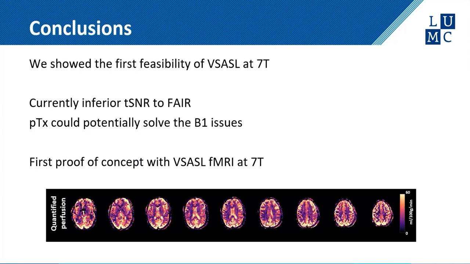So in conclusion, we showed the feasibility of velocity selective ASL at 7 Tesla, and I also hope that I showed you that it can be very useful for fMRI or for white matter imaging. For example, currently it still has an inferior TSNR to FAIR, but I also have to say that the FAIR took more than 1.5 times as long as the velocity selective ASL because the SAR was much higher. So I had to add additional waiting time to be able to scan it. So PTX could potentially solve our B1 issues,